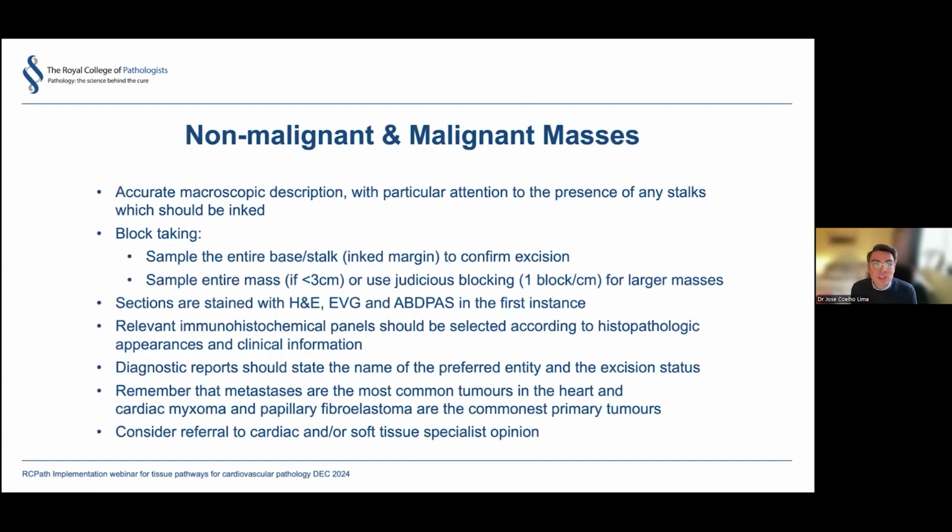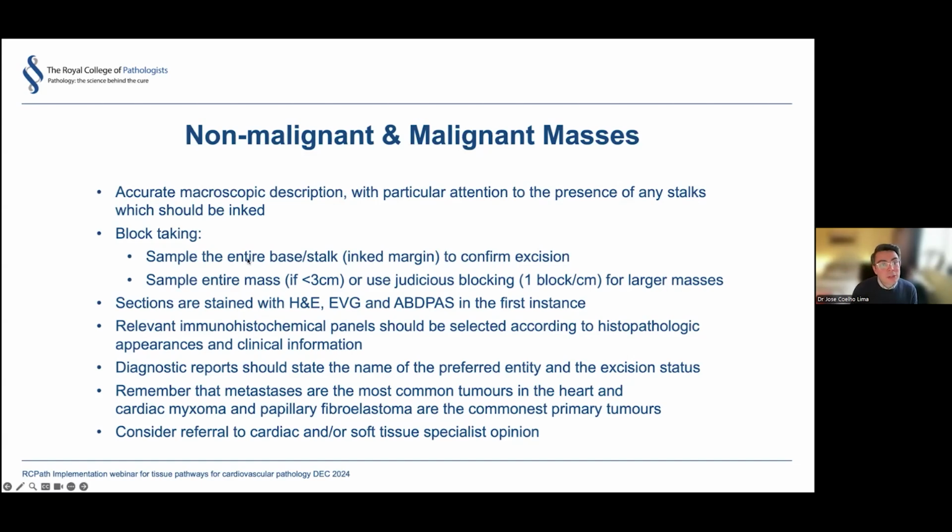The next section is regarding the dealing with non-malignant and malignant cardiac masses. So for those types of samples, accurate macroscopic description with particular attention to the presence of any stalks is very important. And if a stalk is present, that should be inked. So one should describe the measurements, the external appearances of that mass, as well as the appearances of the cut